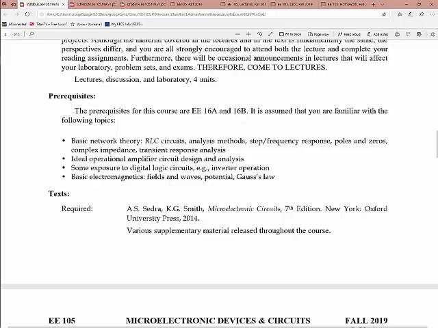Okay, and so for this matter, I'm going to assume when I'm lecturing that you're familiar with the following topics. So basic network theory. So RLC circuits, analysis methods, step and frequency response, poles and zeros, complex impedance, transient response analysis. You should have had this in your 16 courses or your equivalent. Ideal operational amplifier, circuit design and analysis. And for here, mainly you should have done at least ideal op-amps and that sort. Circuits there. If you haven't, we'll cover that in this class too, but we'll do it very quickly in sort